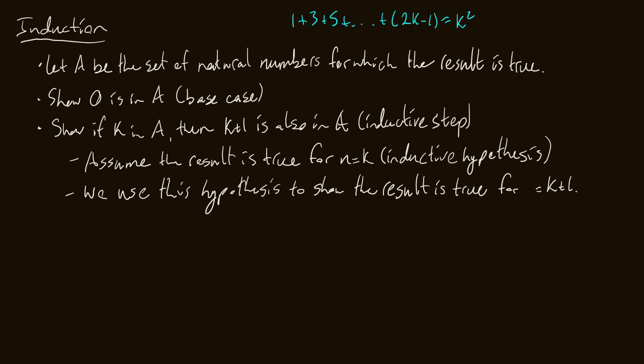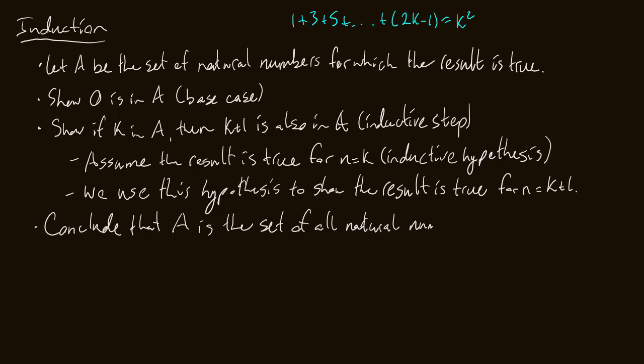This kind of looks like a u. For n is equal to k plus 1. And now finally, we conclude that A is the set of all natural numbers, wait for it, all natural numbers greater than or equal to